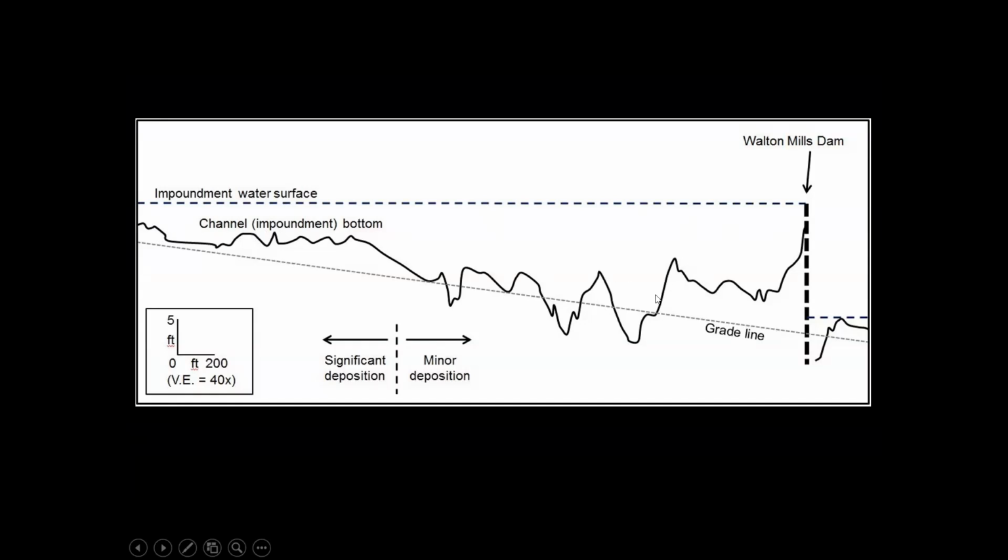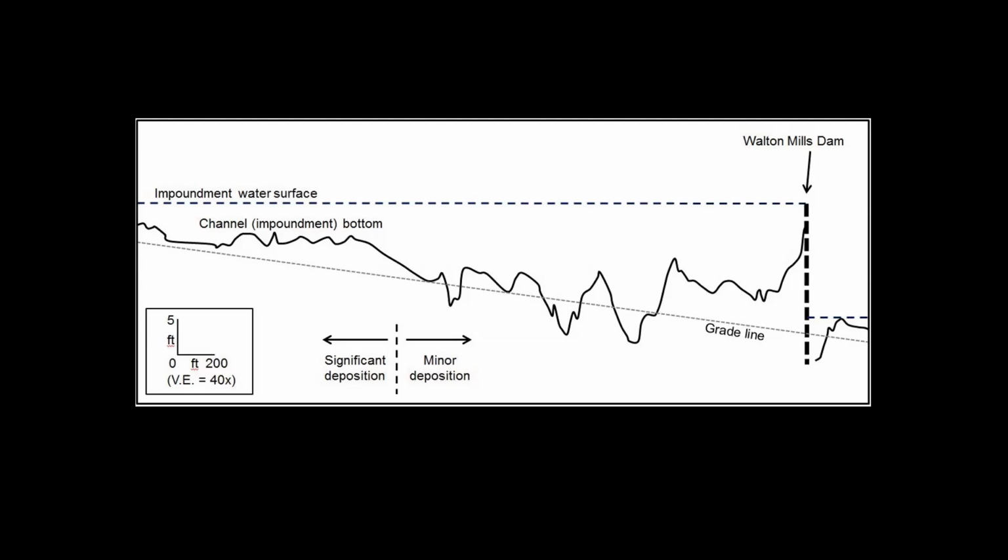Looking at this profile, I immediately noticed this sharp break, and that clued me in. This is the front of the impoundment sediments. This is the fast change in the profile we might need to be concerned about with dam removal. Again, I'm envisioning what the equilibrium grade line might be here after removal. We might see some sediment deposition in the pools, but most of the significant deposition in the past and the significant erosion and incision would be at the upper end of the impoundment